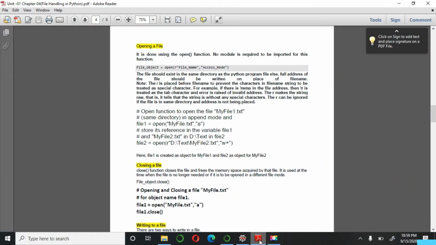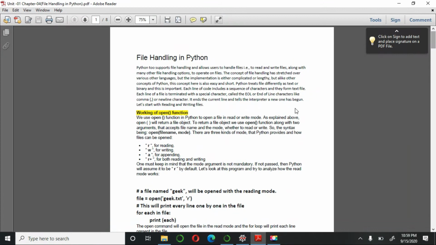Good morning, all. As we have discussed all the things about file handling in our theory session, which was live, I have already shared this file with you all. I again advise you to go once with all the details given in the PDF.